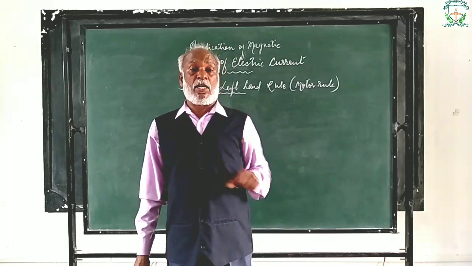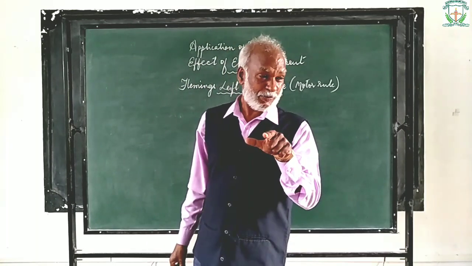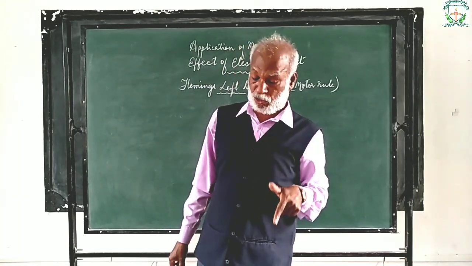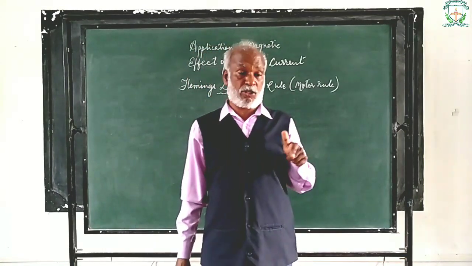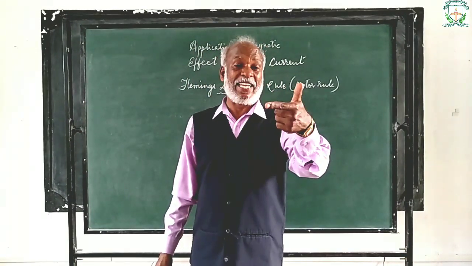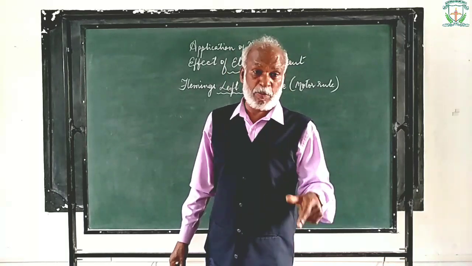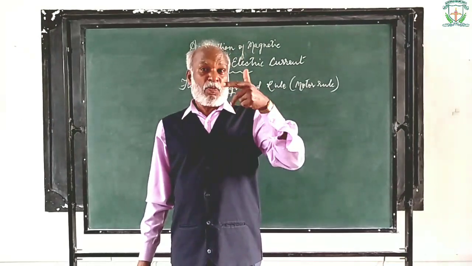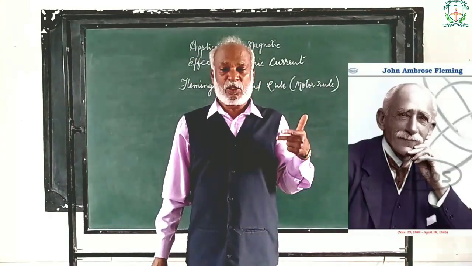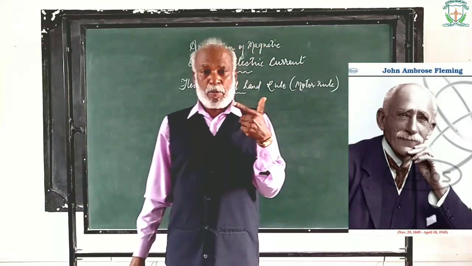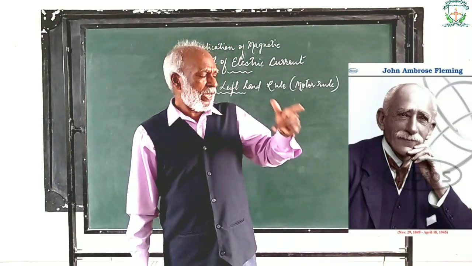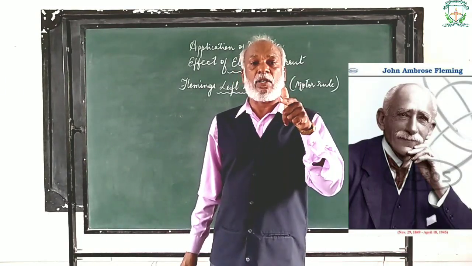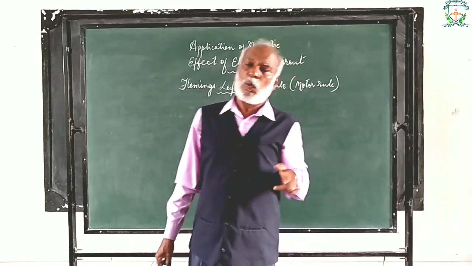A current carrying conductor or a magnet placed in another magnetic field experiences a mechanical force. The direction of the mechanical force acting on the current carrying conductor or the magnet can be found using Fleming's left hand rule. This so-called Fleming is actually John Ambrose Fleming, a British engineer. He gave us the idea to find the direction of the mechanical force acting on the current carrying conductor. Now, assume that